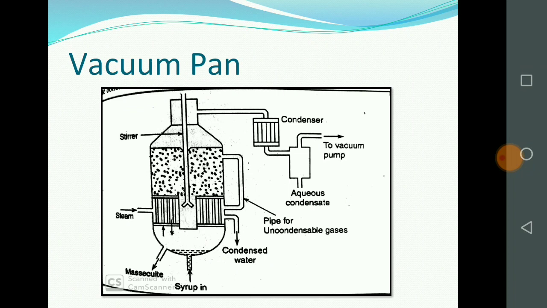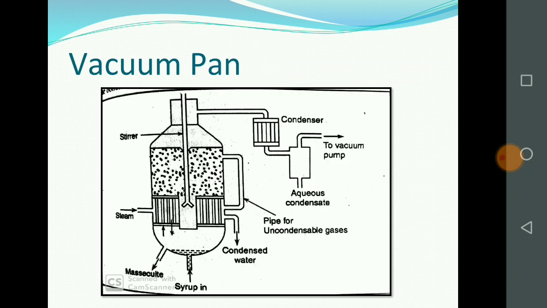The crystallization of sucrose in the vacuum pan is called sugar boiling. To attain maximum sugar recovery, 3 boilings are needed. The massecuite of the first, second, and third boilings are respectively named massecuite A, massecuite B, and massecuite C. The sugar separated from massecuite A is called sugar A, and the molasses is called molasses A. Similarly, from massecuite B and C, we get sugar B and C and molasses B and C respectively.